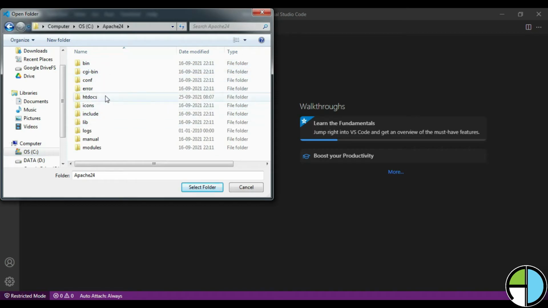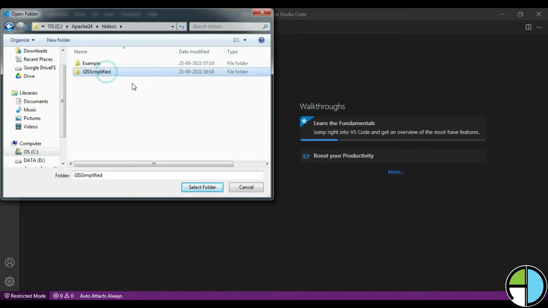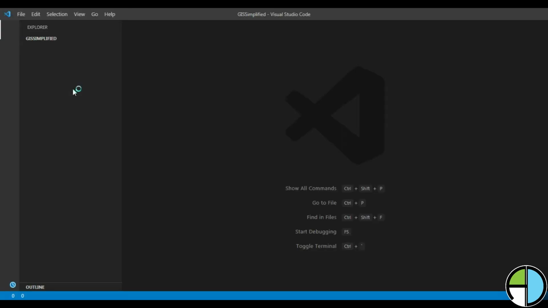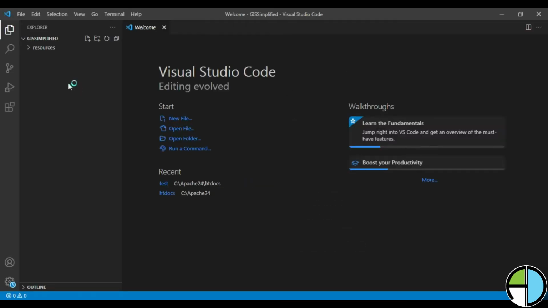So in htdocs, GIS simplified, and say Select Folder. It will open all the folders and subfolders below that. The GIS simplified folder is open now, and it has the resources folder, and within that the OL subfolder and then the OL libraries.